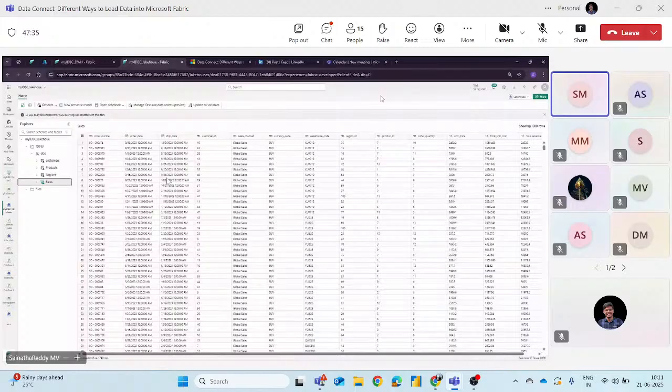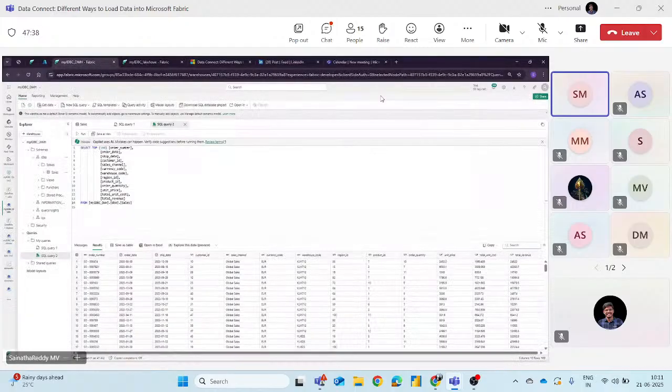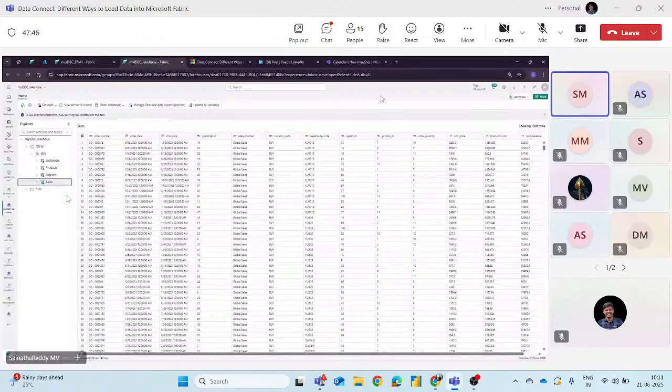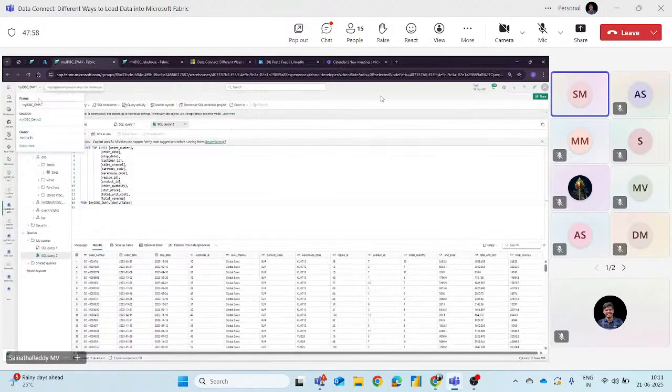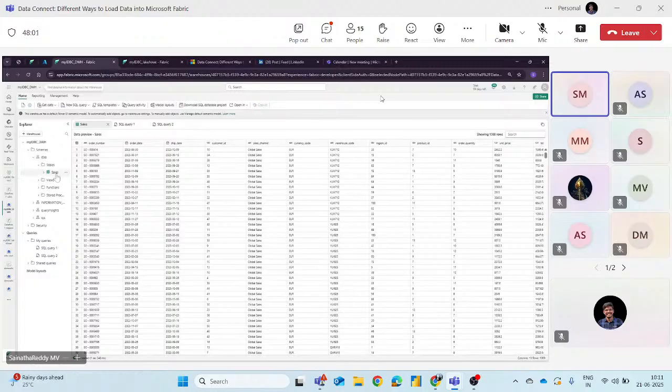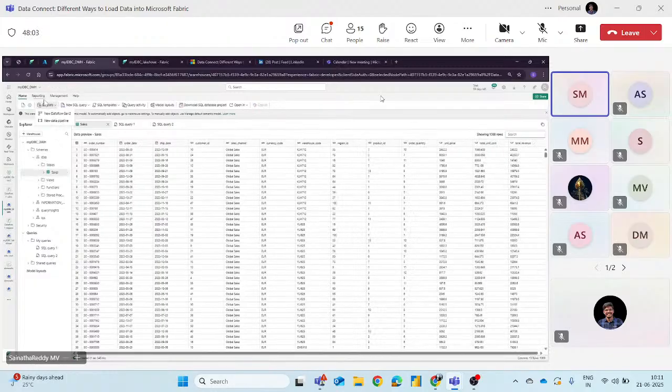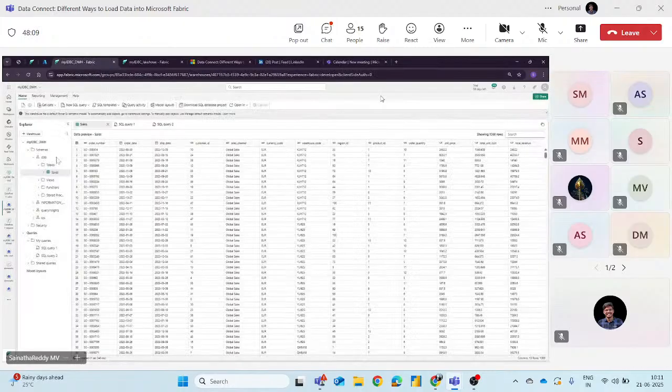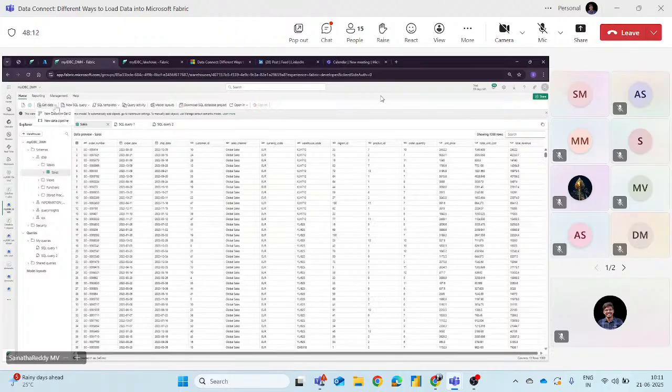Now I bring our data. Save, and sales is completed. I want to get data into our data warehouse. One more dataset from the data warehouse. Now we are just bringing the sales. Let's bring one more data warehouse, sales completed. I just want to get new data, Dataflows to SQL query.